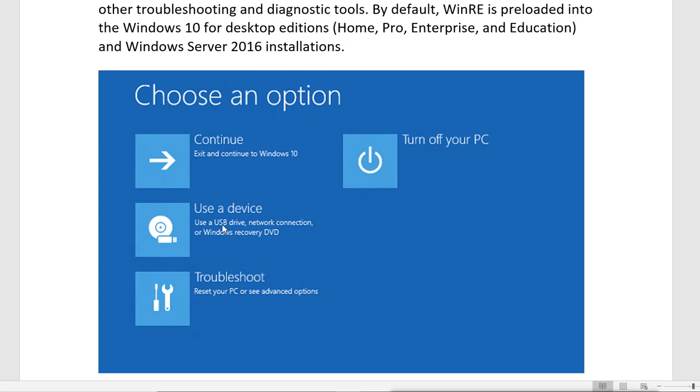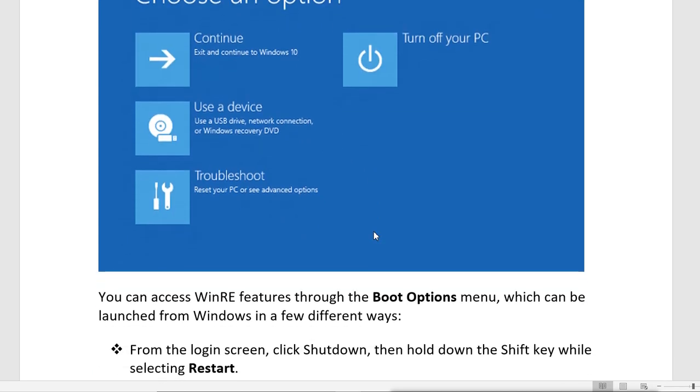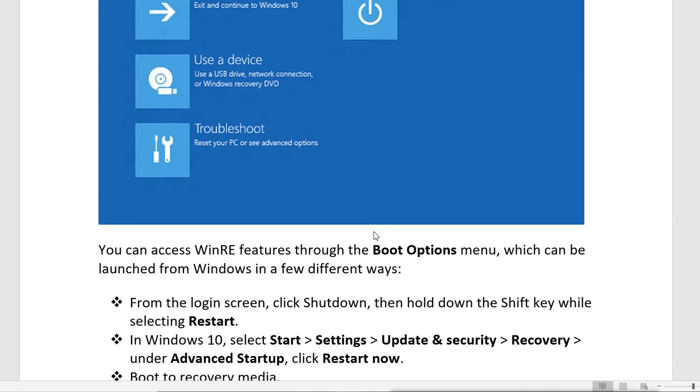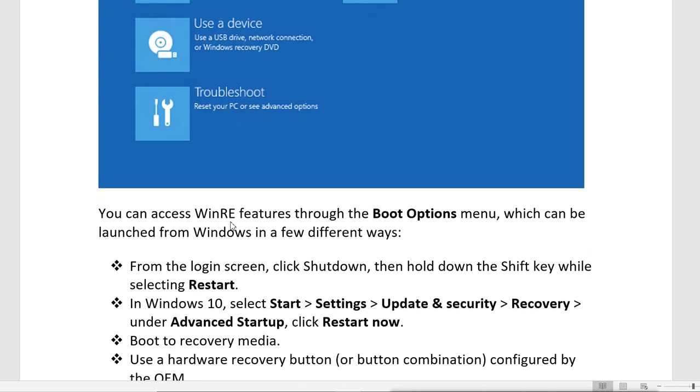Now where and how will you see the recovery environment? This recovery environment has these options. When and how can you access it? You can access the Windows Recovery Environment features through the boot option menu, which can be launched from Windows in a few different ways.